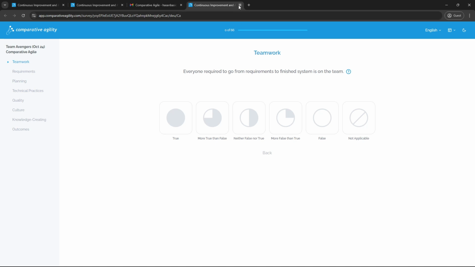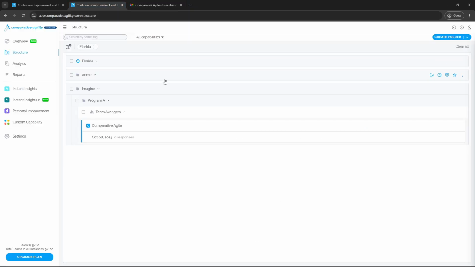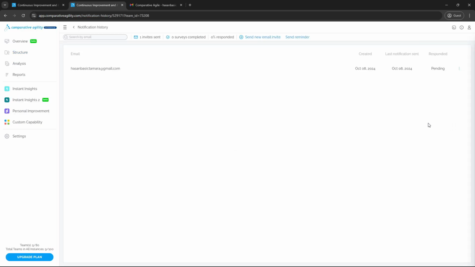Now let's go back to the structure screen. So here you'll be able to see the number of responses, and let me show you why the first option for sending out the survey is amazing. There is a feature called notification history where you'll be able to see some information. You can see who responded, how many invites were sent, how many surveys were completed, and the percentage